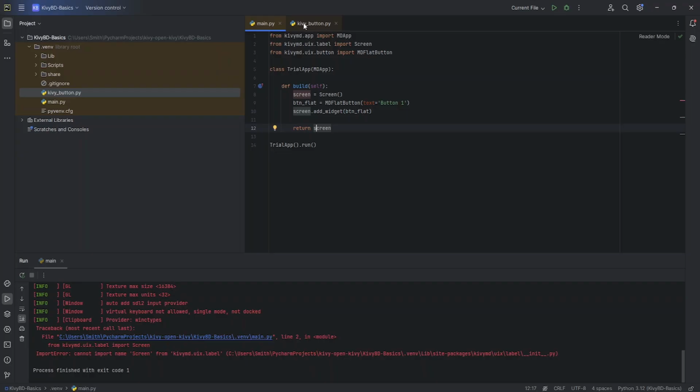Another thing that you want to do is fix out your button, which you have as the button flat. So right after button 1, you want to put in a comma and fix out the position first. So position or pos hint, and right after pos hint, you want to put in an equal. Right after putting in an equal, you want to open up the third bracket. And inside your third bracket, put in a single quotation and put in center